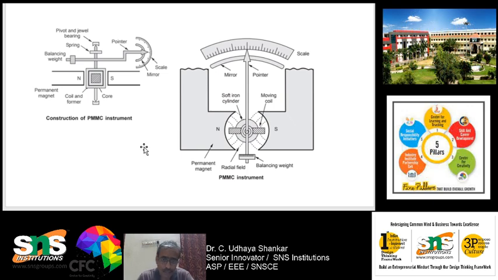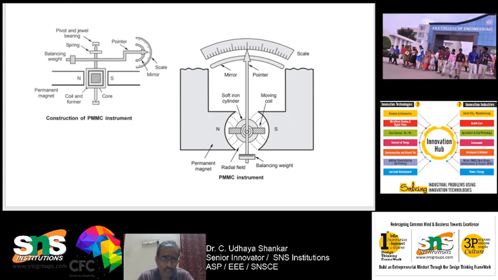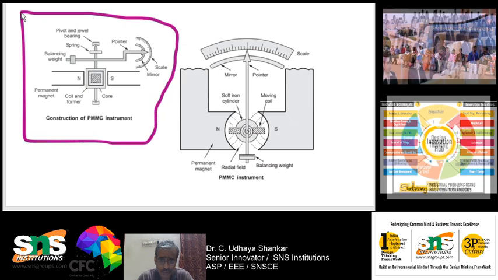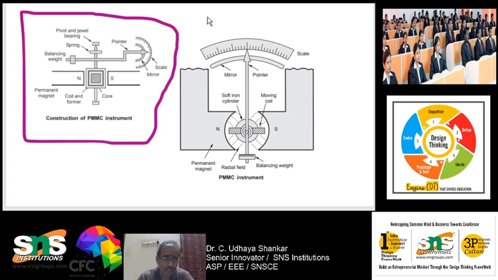Okay. So here we are having the construction. So this is the top view. So I will just mark it. Okay. So this is, I am just marking it with the violet color. So here, this is the side view. Okay. So this is the side view of the PMMC instrument, and this one I am going to mark in